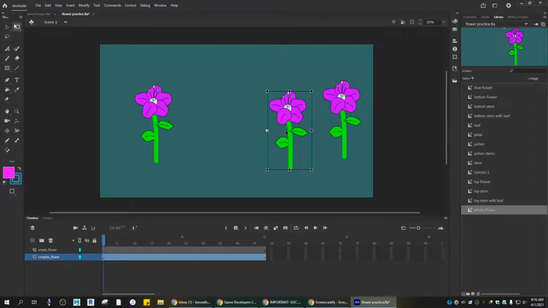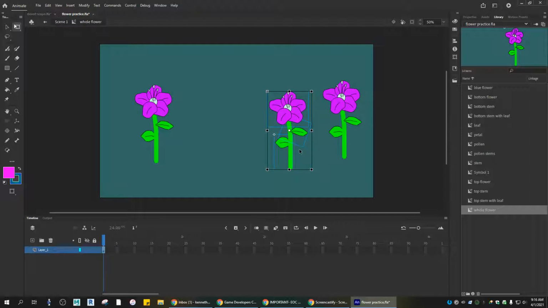So I go into this and I'm like, okay, well, now I've got these different symbols here. Great. I'm going to animate these three different parts: the bottom, the top stem, and the top flower. Let's do a 2-second animation here. I'm going to go back to my first frame, and I'm going to apply a bone tool to it. I'm going to go down here and attach my bones